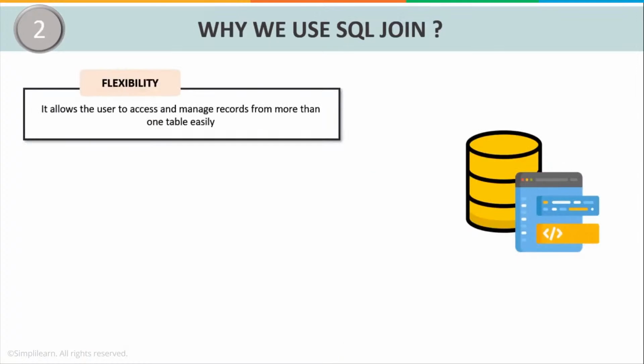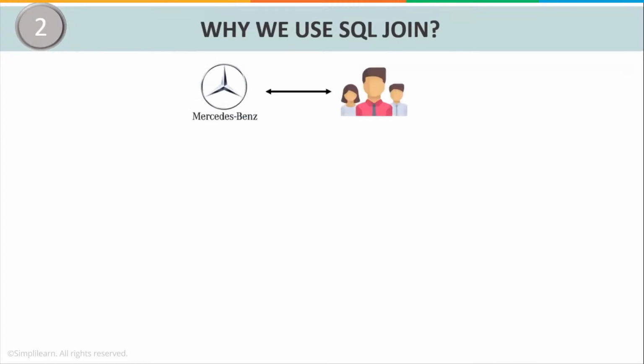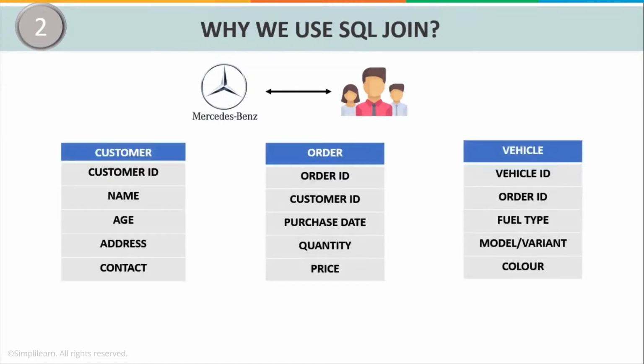Why we use SQL join? Flexibility. SQL join allows the user to access and manage records from more than one table easily. Let us understand with an example. Consider Mercedes-Benz, which is one of the leading car manufacturers in the world. And let's say they want to access the records of their customers from the database. Now in the database, let us take they have various different kinds of tables such as customer table, order table,